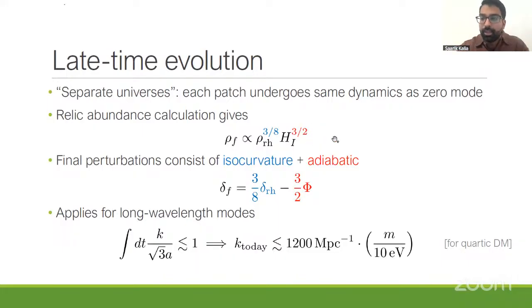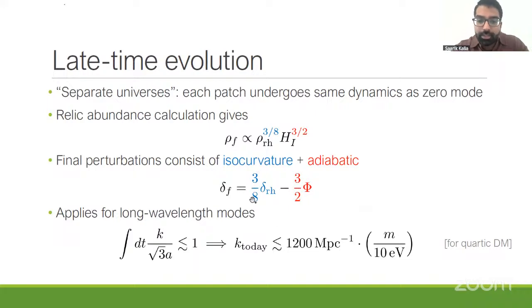having different values of Hubble in different locations is essentially analogous to having different gravitational perturbations in different places. So the perturbations that lead to changes in Hubble from location to location are precisely the same perturbations that lead to different amounts of photons or different amounts of baryons in different locations. So these perturbations are adiabatic perturbations. You can actually read off that the adiabatic perturbations should have this 3/2 coefficient in them, which is the coefficient you expect from standard cosmology.